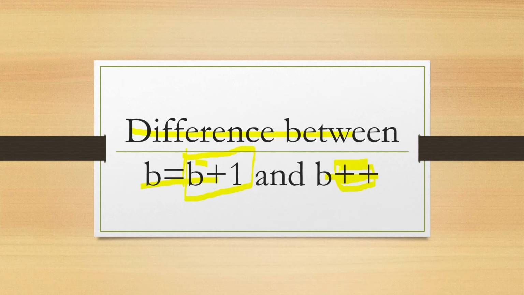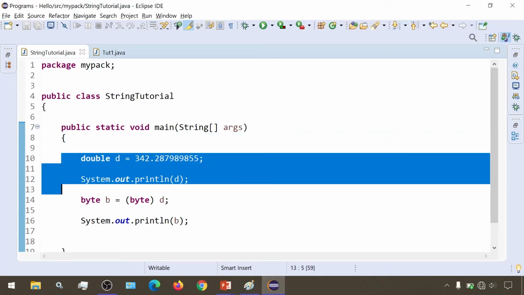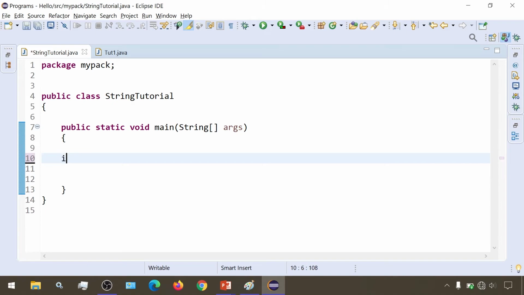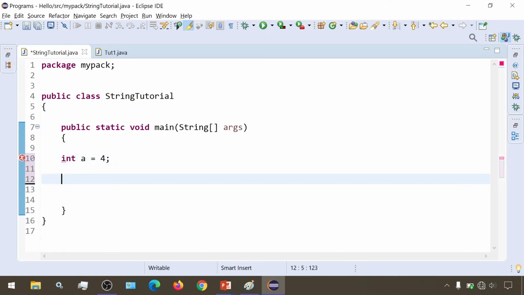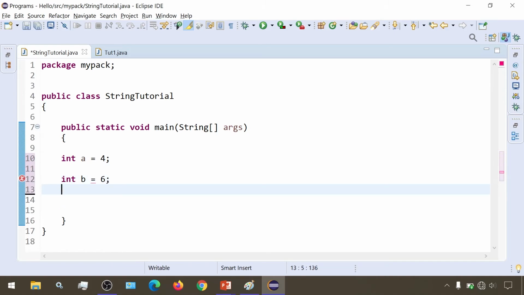So now let's understand the difference between these two. We know that these both will perform the same operation. So let me just demonstrate it. Suppose I have this int variable a with the value 4 and this int variable b with the value 6.